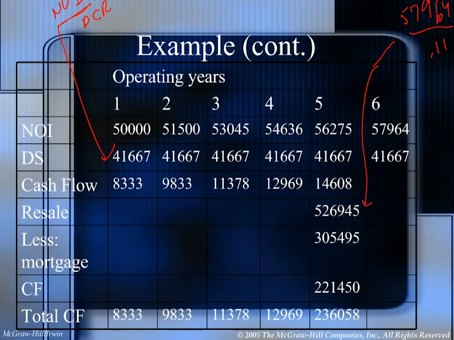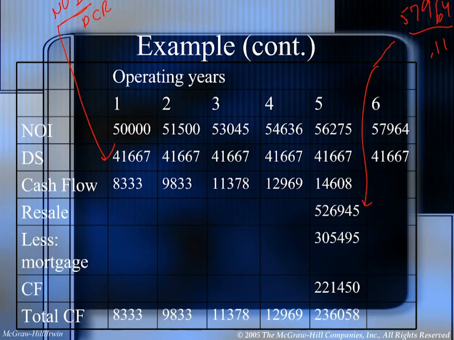Okay, now we need to develop our cash flows. So the NOI this first year is $50,000. We increase that by the 3% they told us to. Then we need to subtract out our debt service, which we figured as the annual debt service. We did that from the NOI divided by the debt coverage ratio, so the $50,000 divided by the 1.2. That's $41,667. This is a fixed mortgage, so it stays the same all the way across.